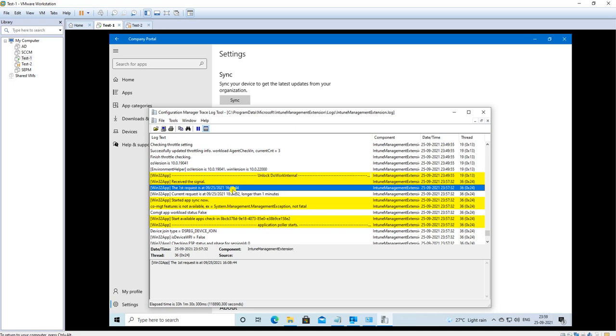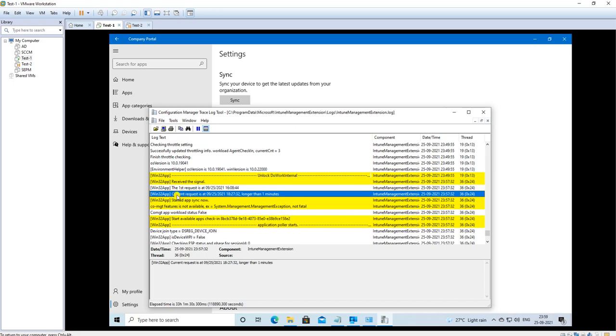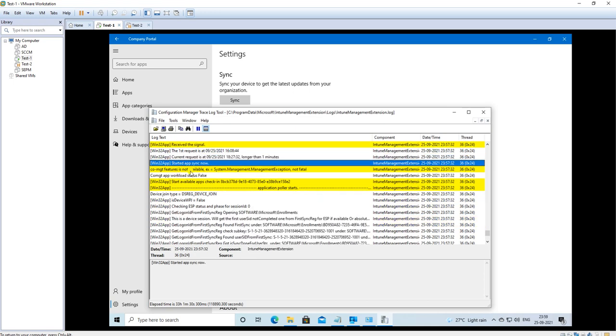It tracks when the first sync happened, and now we are doing a sync again, so it gives you the date when it initially happened. The current request is longer than 1 minute. Today is the 25th, so it gives you some time, and now you can see it started the app sync. Now your synchronization has started.